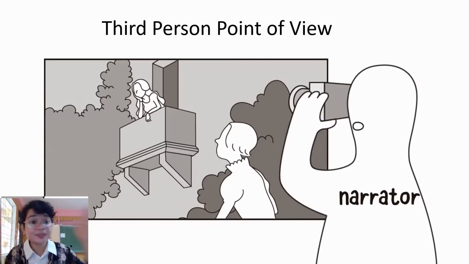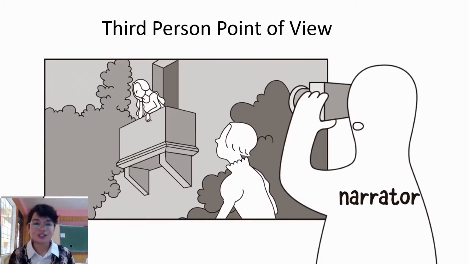He cannot tell us the emotions of Juliet. The narrator can only tell us, if he can see it outwardly, that Juliet was smiling, meaning Juliet was happy. But what's the real emotion behind that smile? We do not know. That's why it's limited. We can only know the thoughts and emotions of one character, and that's most of the time the main character. Again, with the objective, the narrator just tells us what he can see outwardly without the emotions and thoughts